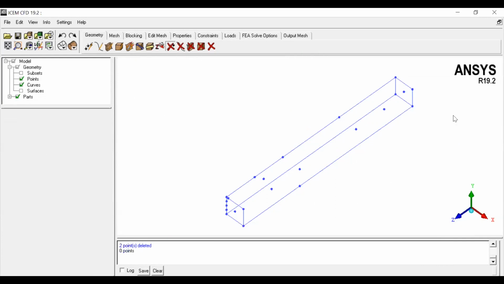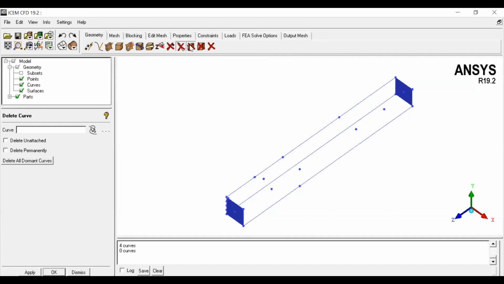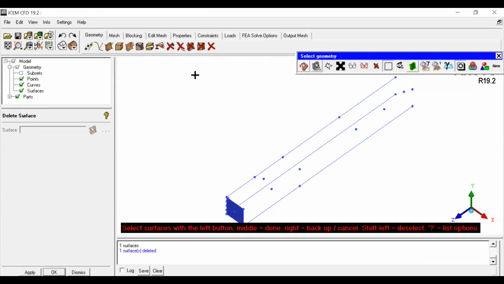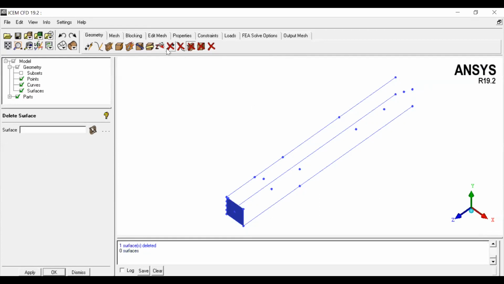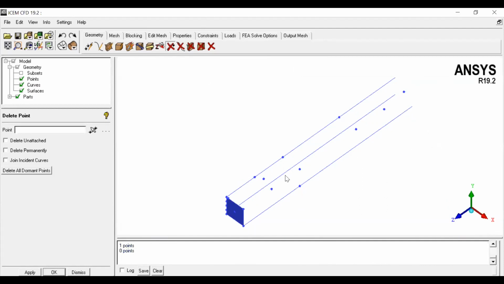Before that, I just want to delete this line also, because to explore one command, I want to delete this surface as well, and I want to delete the points. Delete this. Okay. And I want to delete this line also.